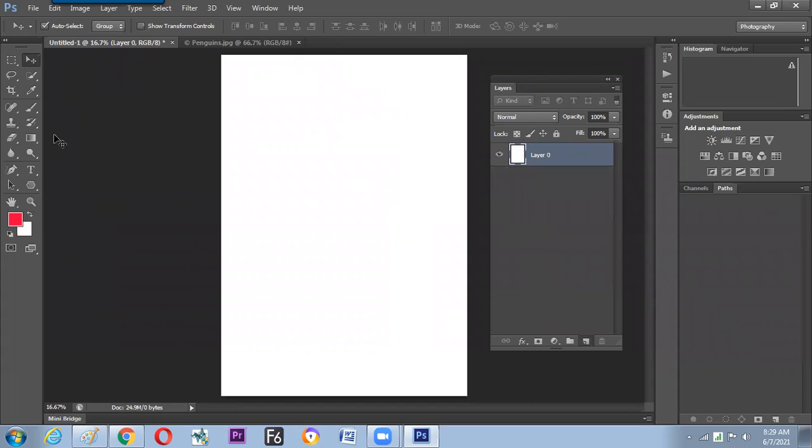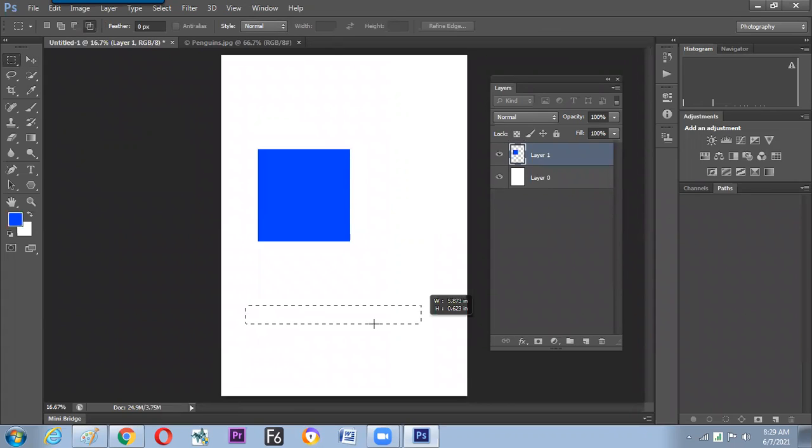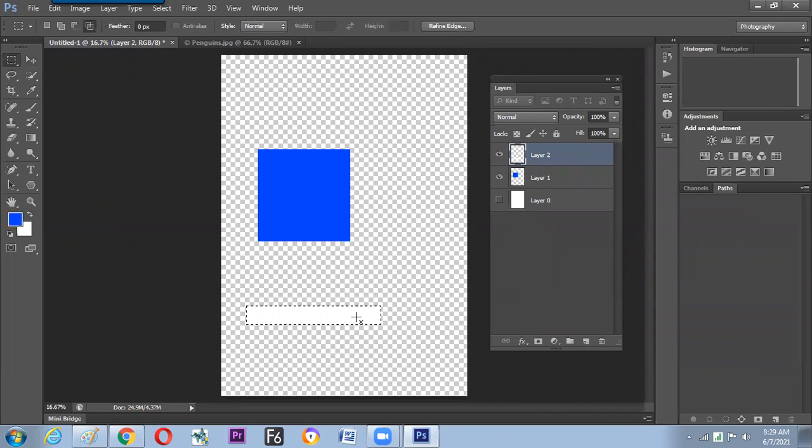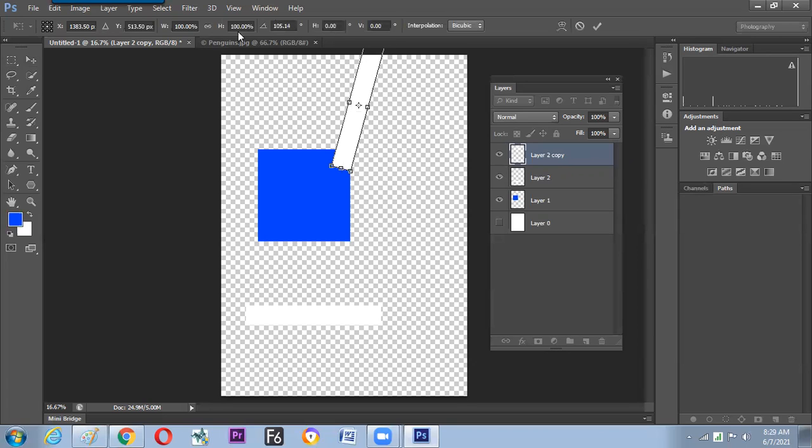So take a new layer, make a box holding the shift button and fill the target color. Is it okay? Fill it up. Make a box with white color fill. So you can see this is white color fill. And we know how to duplicate it. You can drag, you can see the duplicate happens here. You can move it up. And there is a button called show transform control. It allows us to rotate also. So we can rotate with a particular degree mentioned over here.